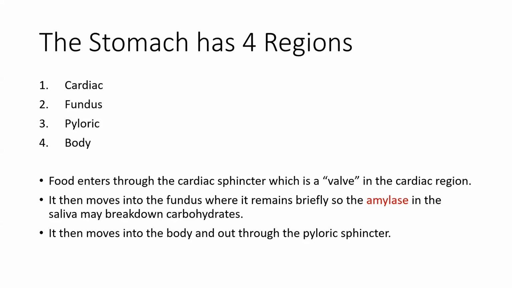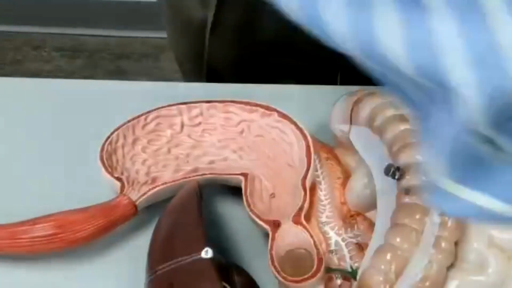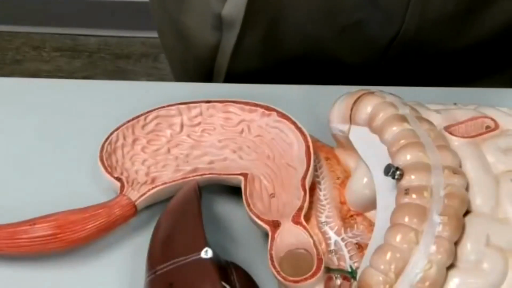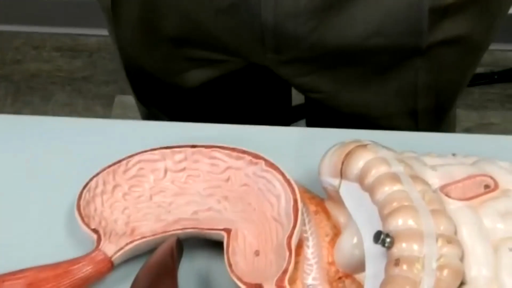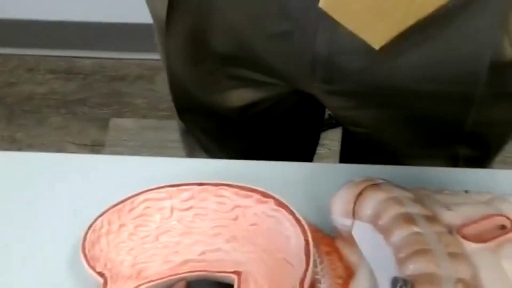Now let's take a look at this. And okay, this is that's okay. It's fine. So okay, we have a life-size schematic model here of the digestive system, and now